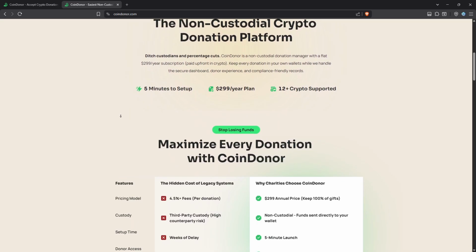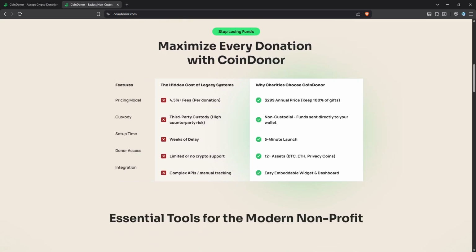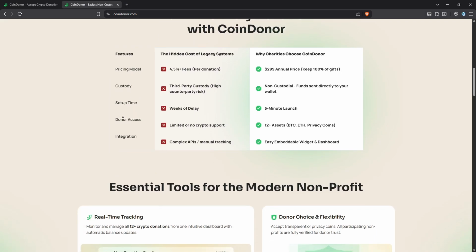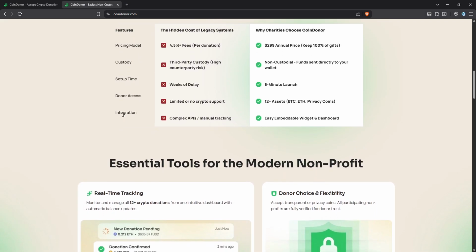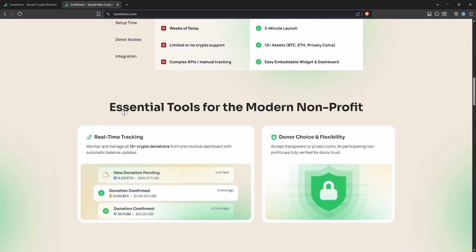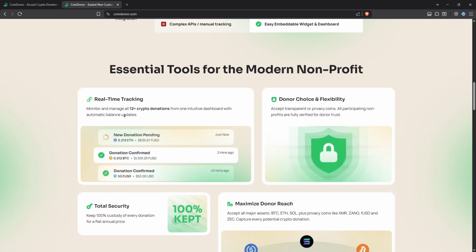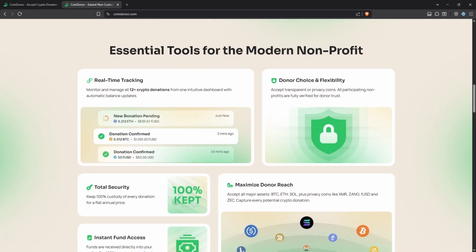It supports major cryptocurrencies, including Xano, FUSD, Monero and Zcash. And a really nice feature is that it can automatically detect Xano and FUSD donations. As they come in, they're automatically going to be added to the donation amount. Now I'm going to show you how easy it is to set up and start accepting crypto donations with